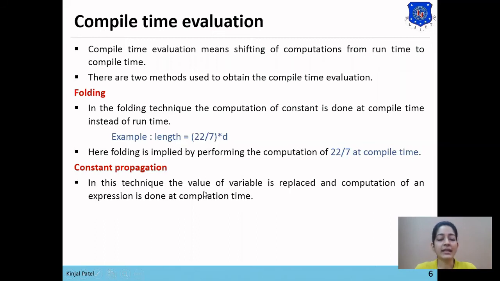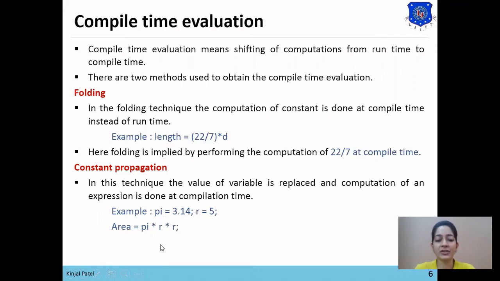In this technique, the value of a variable is replaced and the computation of the expression is done at compile time. For example, here the variables are pi equals 3.14 and r equals 5. Now area equals pi multiplied by r multiplied by r.